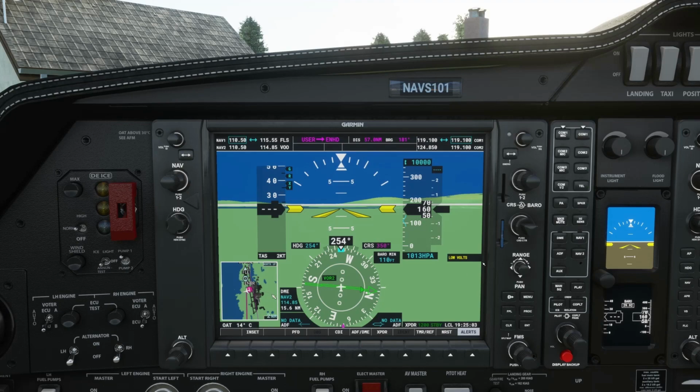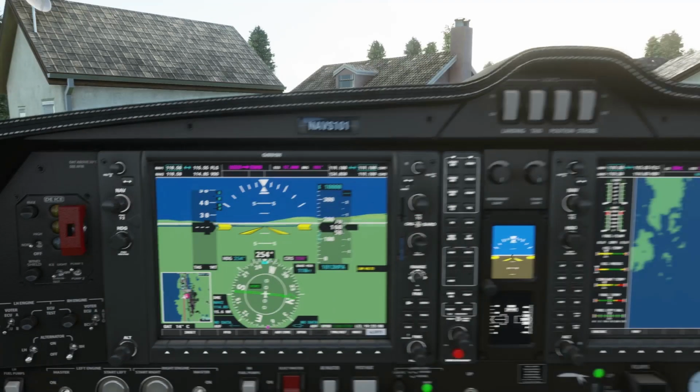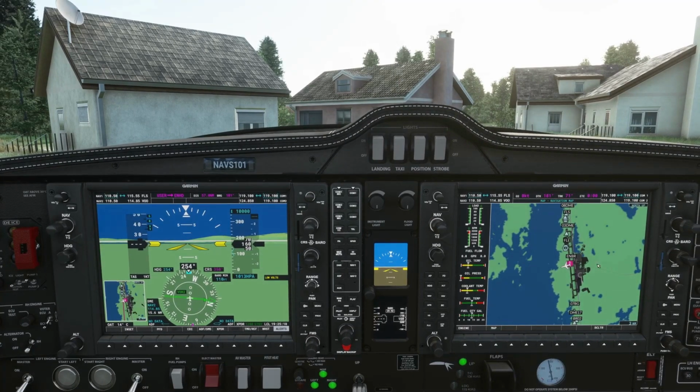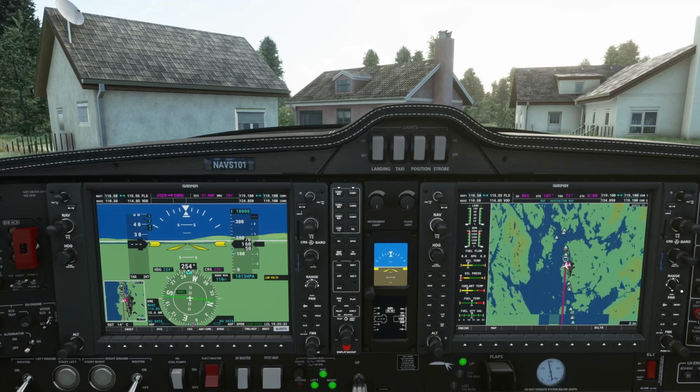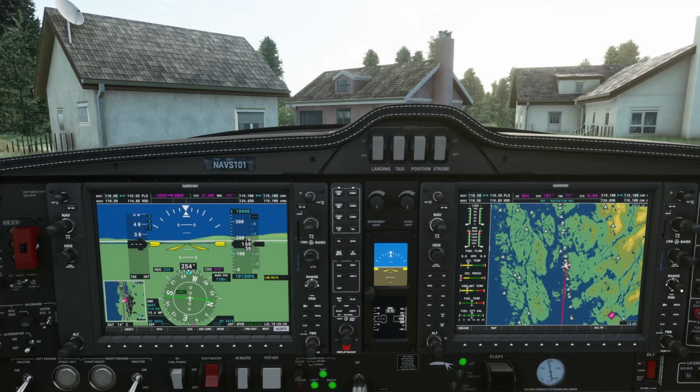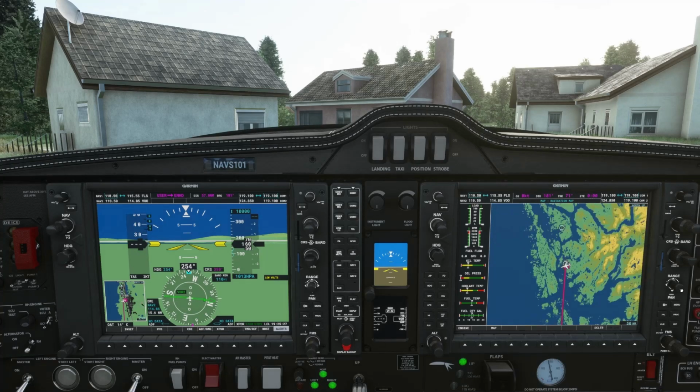If you have a look at the inset window, you can see that it's drawn a straight path. Let's zoom out a bit and we should see it on here as well, because what you do on here is reflected on here as well. If we scroll out, you can see it's drawn us a direct to.